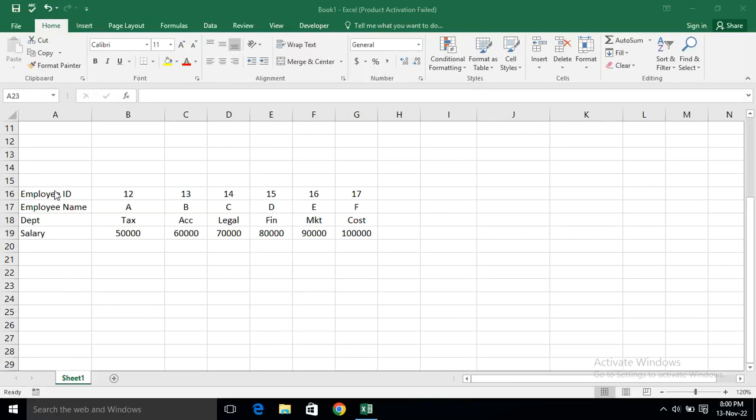In today's video we are going to show you how HLOOKUP works. So for HLOOKUP the database should be lying horizontally. So for that, first of all you have to copy these headings like this